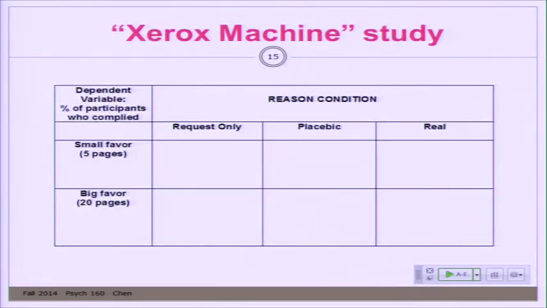Okay, here's what she did in the study. This is a little bit more complicated of a study than we're used to, because instead of our typical 2 conditions, we've got 6 conditions. It's going to be posted on the web. You don't have to be scrambling to write this.